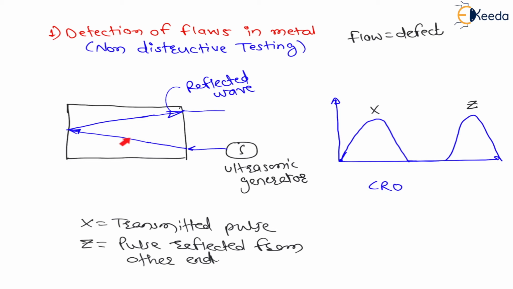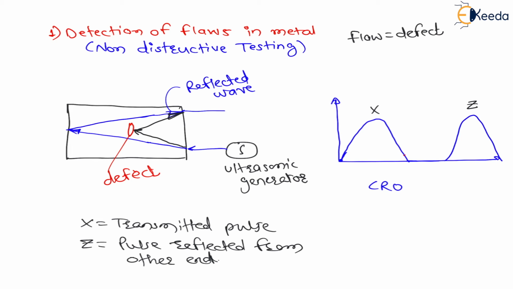So what happens if there is a defect inside? Let us consider one defect inside. Let us say this red color is a defect or flaw inside. Now, while this ultrasonic sound is traveling, whenever it strikes the defect, it will reflect from the defect only. In the process it will travel a lesser distance, and as it is traveling a lesser distance, it will come back in a short duration of time. So the time duration to return will be very less.